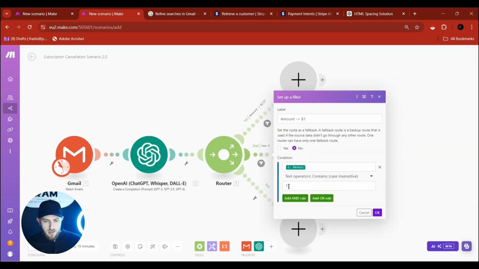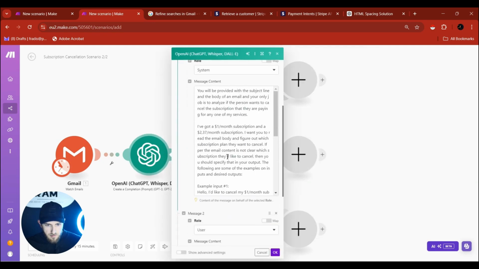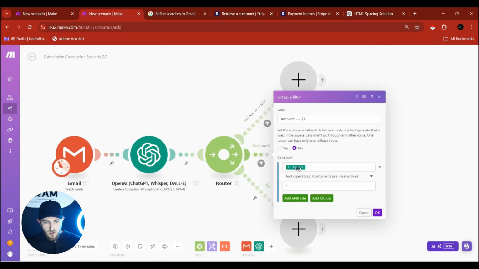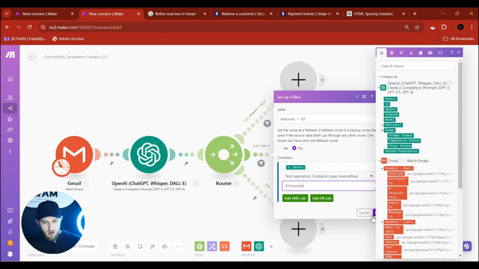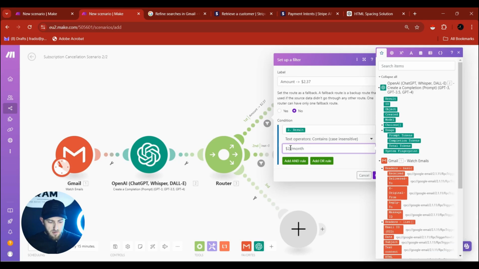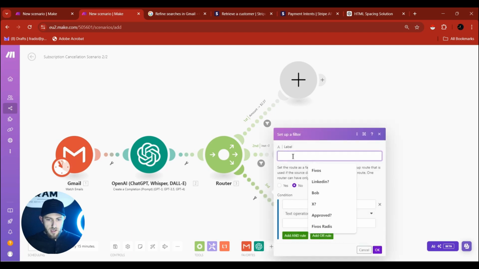Now what I would suggest over here, actually, you know what, I'm going to change it up a bit, because I've specified something very specific here. It's going to be $1 a month. So if the result contains $1 a month, or if the result contains $2.37 a month, then it's going to go either over here to this specific branch, or to this branch. Okay, and over here, if amount not clear, then we're going to create a third branch over here